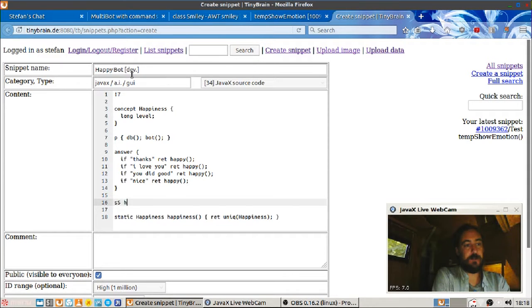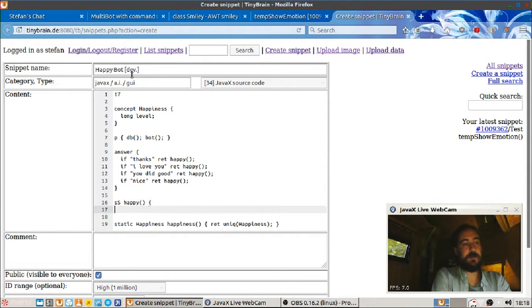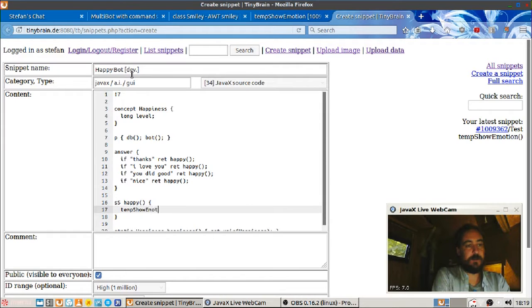The happy function needs to be implemented, short for static string, and it shows the emotion on the screen temporarily. I just made a nice function for this. Temp show emotion happy shows this for like 1 second, I think. And we return a smiley to the user.